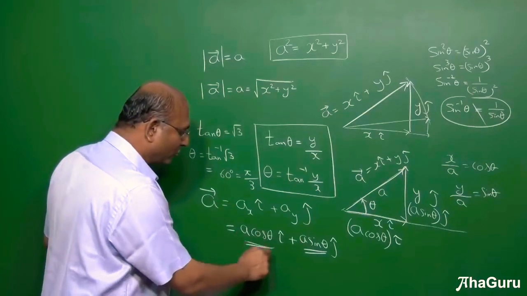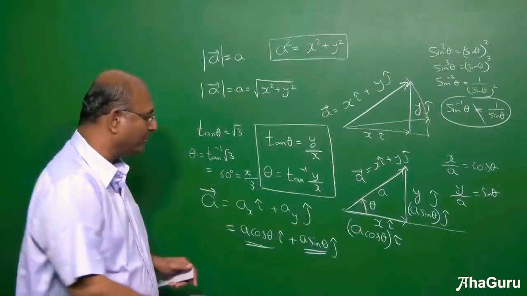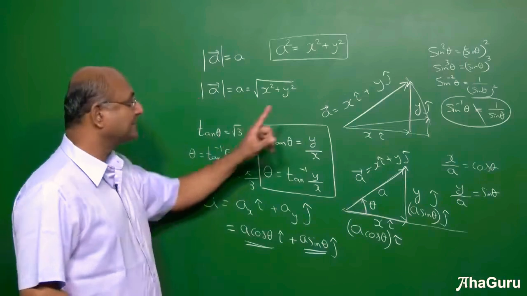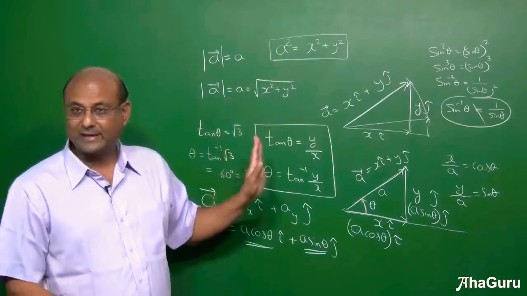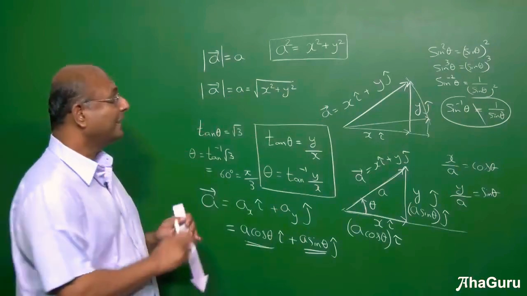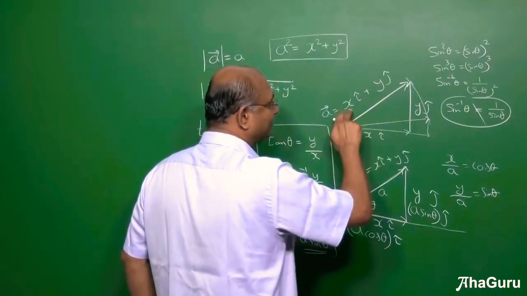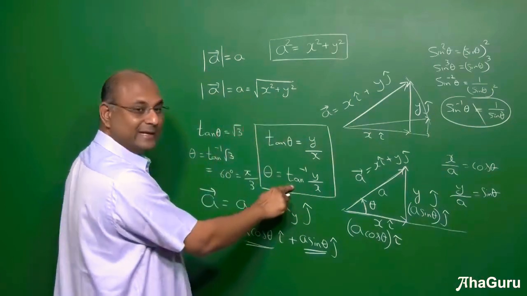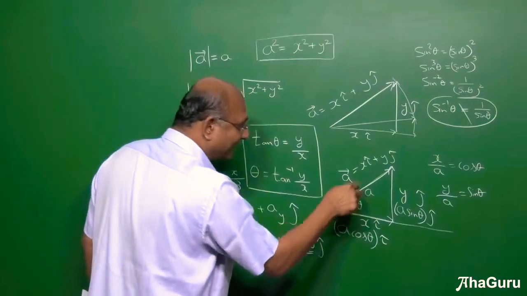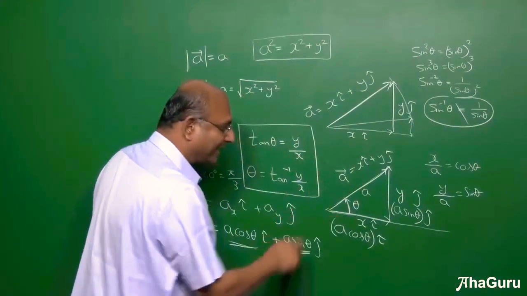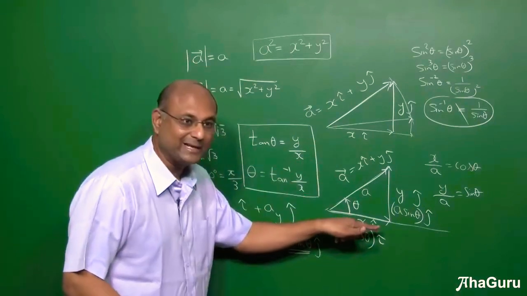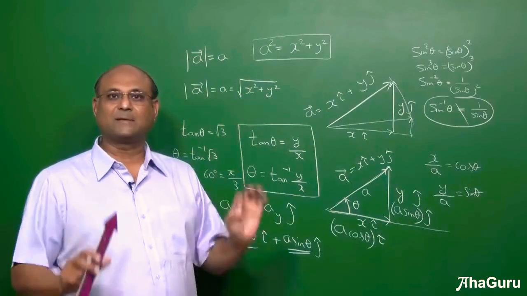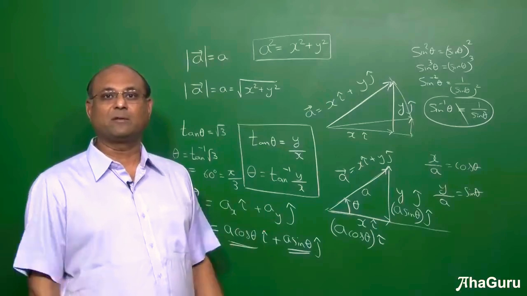But right now all we need to know is a cos theta is the x component, a sin theta is the y component, theta is the angle made by this. A is never negative. This is a, right? This is never negative, that is the magnitude. So two things. If I am given xi cap plus yj cap, x component, y component are given, you can find a and you can find the angle. But if I am given a and theta, I am not given x and y, can I find x? Yes, a cos theta. And can I find y? A sin theta. Okay, let us just learn to do this with a couple of examples, then we will be able to use it in solving problems.